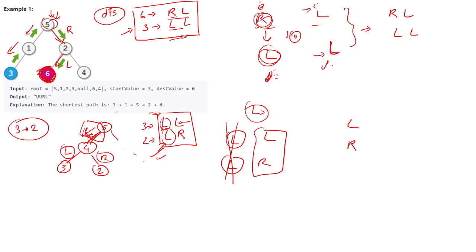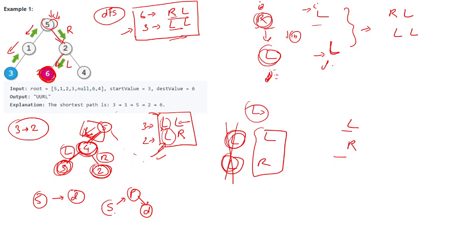So what this basically means is we are reaching a particular node which is the parent of both the source, the start, and the destination. So this is basically what we are trying to achieve by removing these two, the first parent for which both of them are the child. That's it. So once we have got L and R in this case, what we have to do now is reach from start to destination. So if we want to reach from start to destination, what will be our way? From start we will reach to the parent, and from the parent we will reach to the destination.